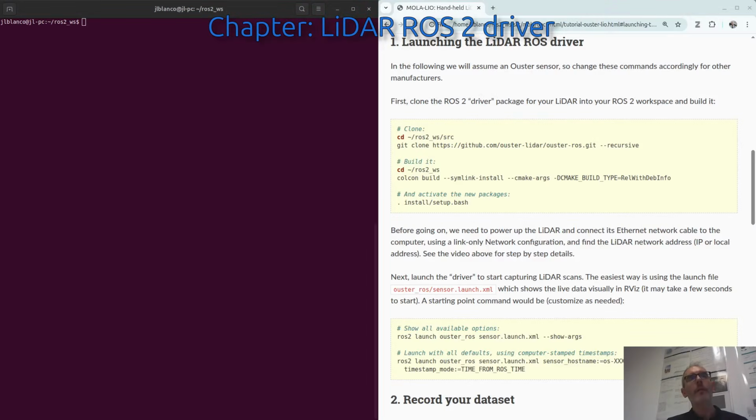The first step for LiDAR mapping is getting the data out of the LiDAR scanner and converting it into ROS topics. For that, we need two things. First, the electrical connection. Obviously, we need to turn on the LiDAR, plug it into the power, and connect the interface to the computer. Normally, they come with an Ethernet connector, so we need to plug the network cable into the computer, whether it is in the robot, a laptop or your desktop.